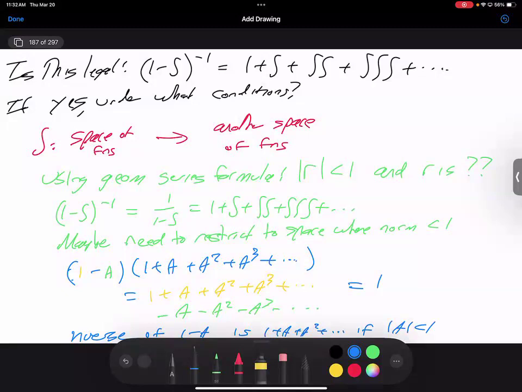Will the integral define a map from a space of functions to a space of functions? How would we define the norm on that space of functions? Will the norm be less than 1? Wait, but in the example, I don't think the norm is 1. Or I don't even think the norm is less than 1. So if the norm is not less than 1, it's still possible we might get the right answer. And so you have to be very careful that